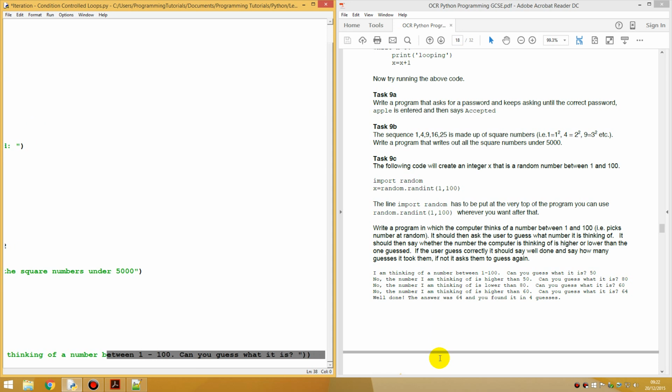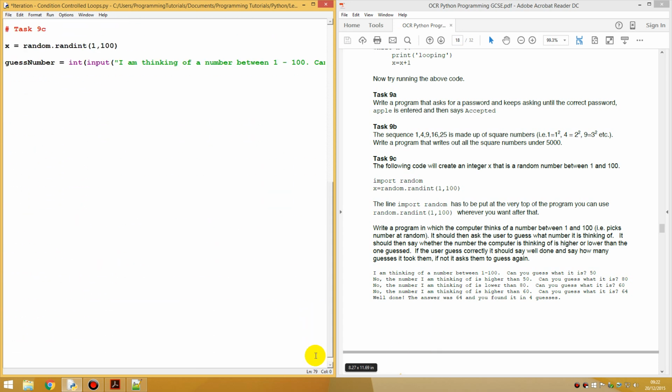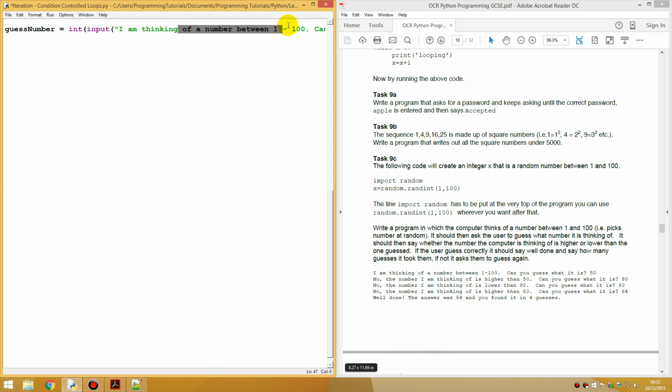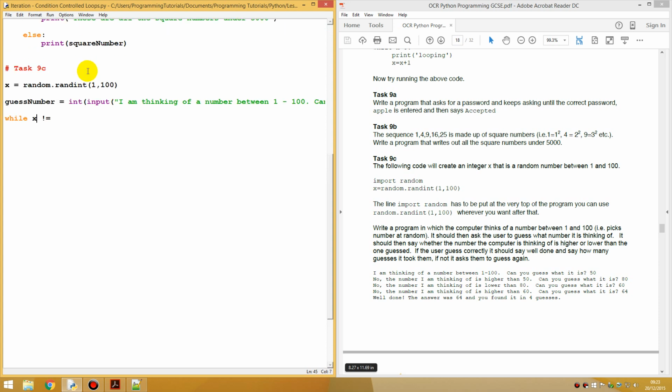I'm going to do a bunch of enters so this goes up, because you can't see the whole of it due to the font. What it's going to say is while guess number is not equal. Actually, while x. Let me change this to a random number, more appropriate. While random number is not equal to the guess number,